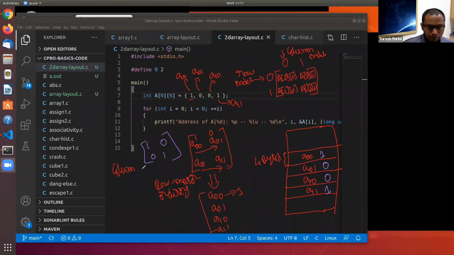In column major ordering, you first store the first column, A00, A10, and after that you store the second column, A01 followed by A11. The Fortran programming language, which came long before C and is still popular, uses column major ordering.